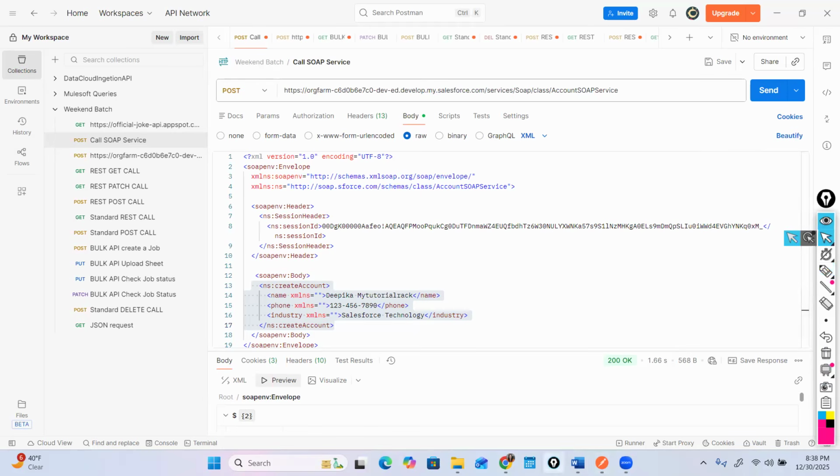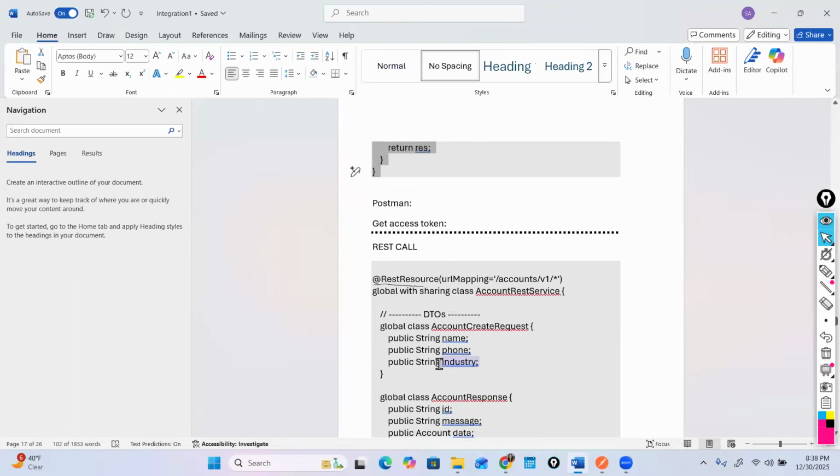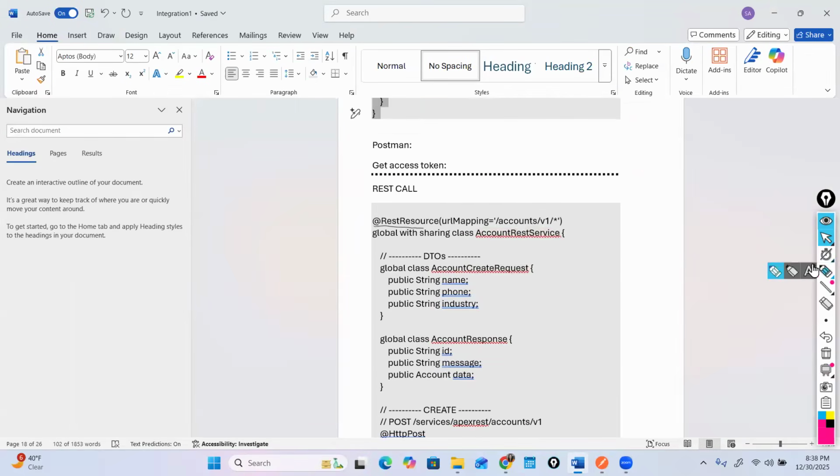Now, the next important thing is the REST web service. How will you create a REST resource? Very, very important. Salesforce automatically creates REST APIs for all the objects. If you create a case, you have an API for case as well. Similarly, you have an API for account and all of that. So if you want to retrieve all accounts or create a new account, you can use those